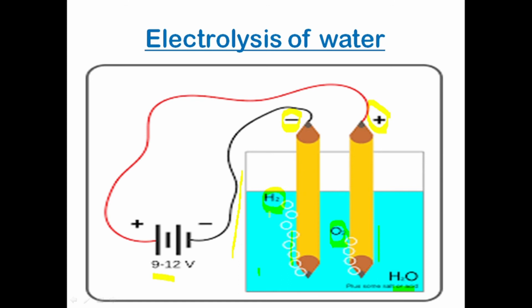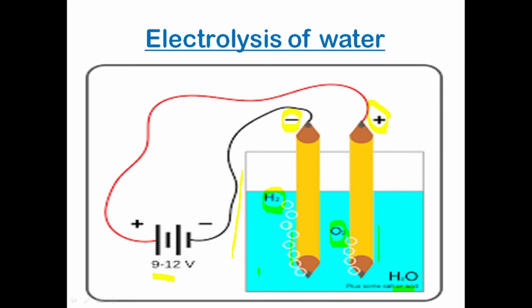Now you all got the reason. What is the science behind the evolution of these gases, and that too near a particular electrode? Since both of them are gases, they will show their presence in the liquid by forming bubbles. We have already observed this while we conducted this experiment.